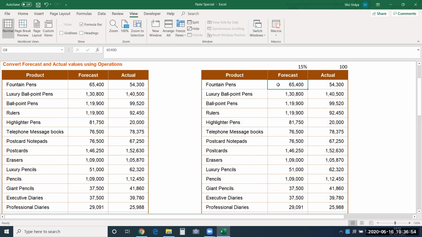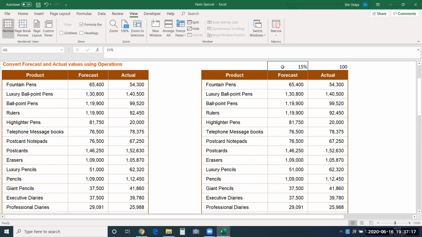So how do you do it usually? You'll just say equal to, you'll give a formula, so you'll multiply this along with this one. So that's how you get the value. Later you have to change it to copy and paste as values. So it's a long process. So you could do it really quick if you know this paste special trick. Now let me show you.